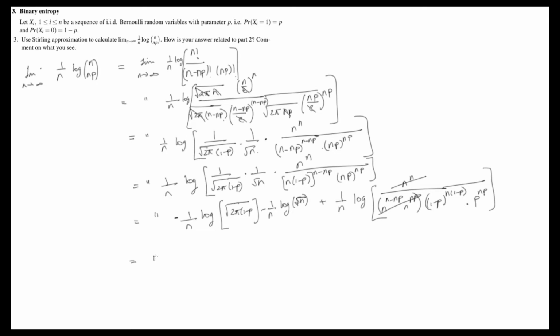Right? So let's do this again. 1 over n times log of root 2 pi times 1 minus p, forgot to close that bracket there, minus 1 over n, I'm just going to pull the half out of this, because log of root n is equal to half of log n, minus, now